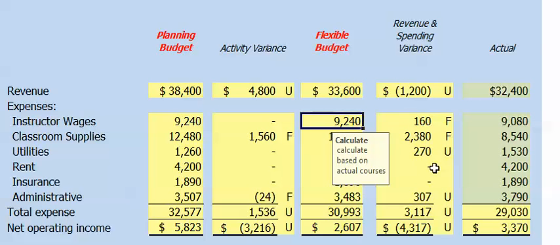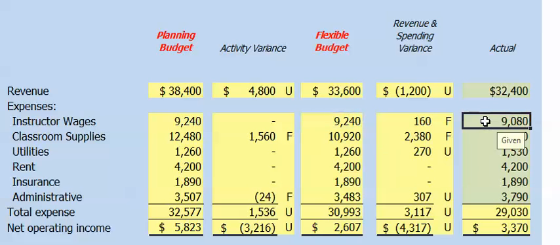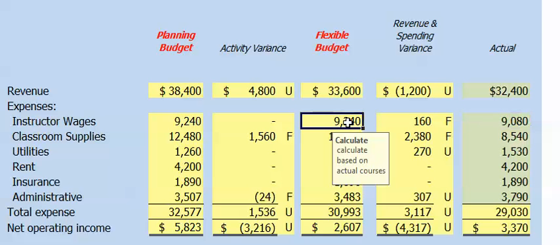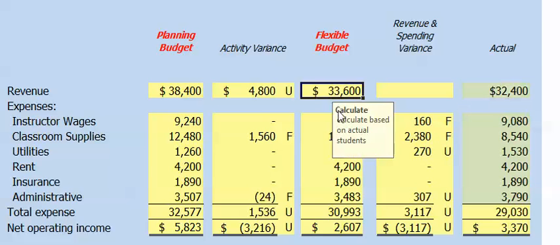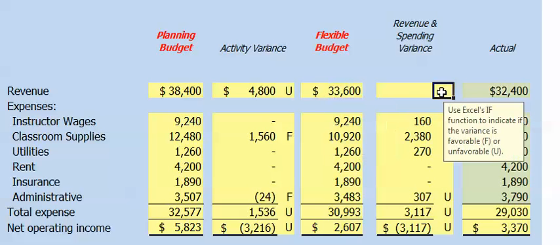So again, don't get hung up on the signs. The signs are artificially based on which number we subtracted from which. Okay? Focus on if expenses are lower than we would have anticipated, then we have a favorable variance. When we're talking about revenues, 32 is less than we would have anticipated at 33, so we have an unfavorable